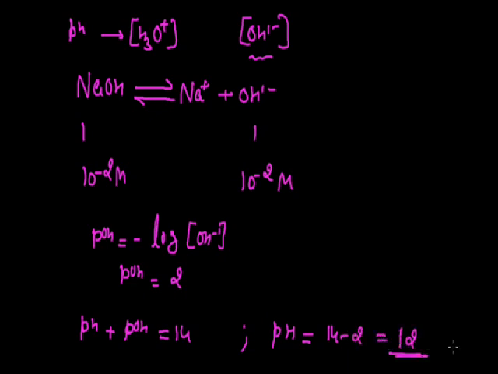That indicates the presence of base, and here in the starting we started with a base, so this answer justifies the concentration of sodium hydroxide. So that is how we can calculate the pH and pOH for the solution if the concentration of strong acid and strong base is given to us.